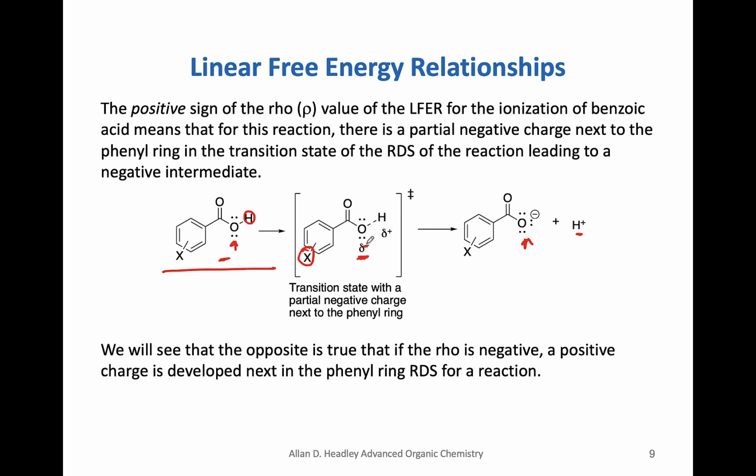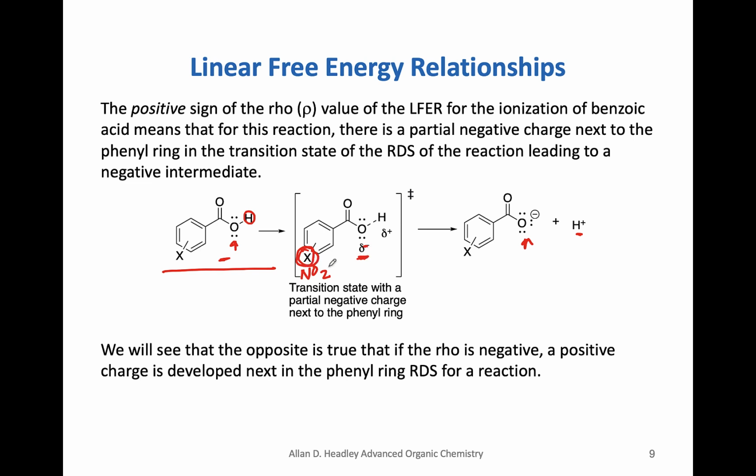That electron withdrawing groups would stabilize that negative charge. Makes sense because electrons want to be distributed. So if we have an NO2 back here, for example, it would pull the electrons over here and stabilize that transition state. If we had electron donating groups, those to the left of the plot, it would destabilize this transition